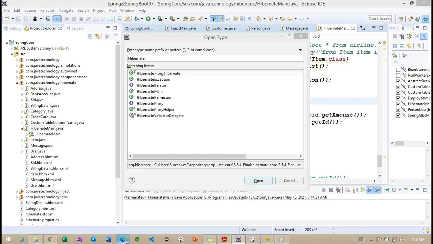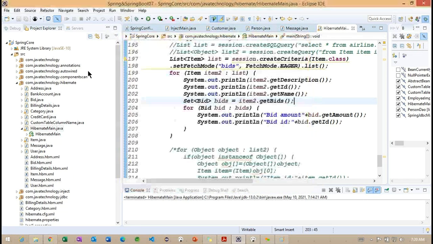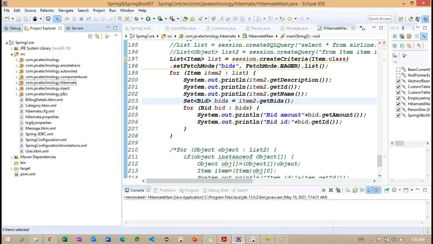So now what we need to do is add the appropriate jar. What is the jar we need to add here? Spring ORM, sorry, not Hibernate ORM. So the Spring ORM jar we need to add. And along with this, we need to work with one more package. We cannot work with plain Hibernate here, because this particular Hibernate is specific to Hibernate alone. Here we need to work with Spring with Hibernate.